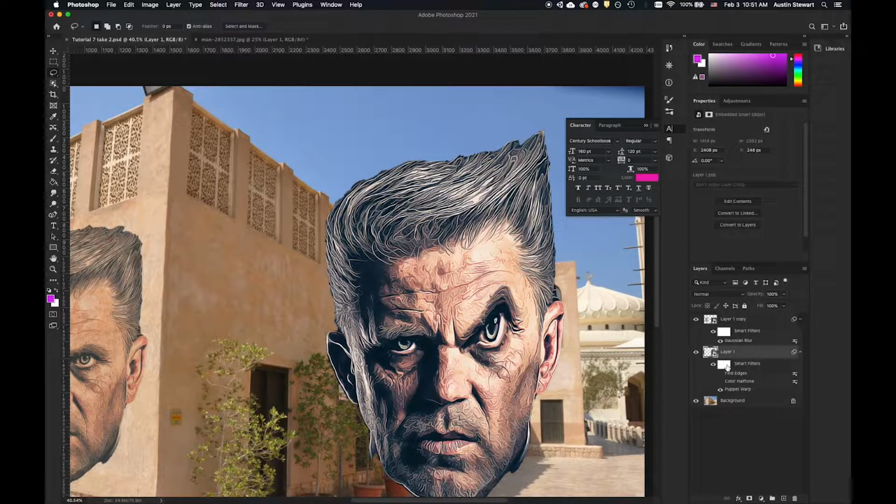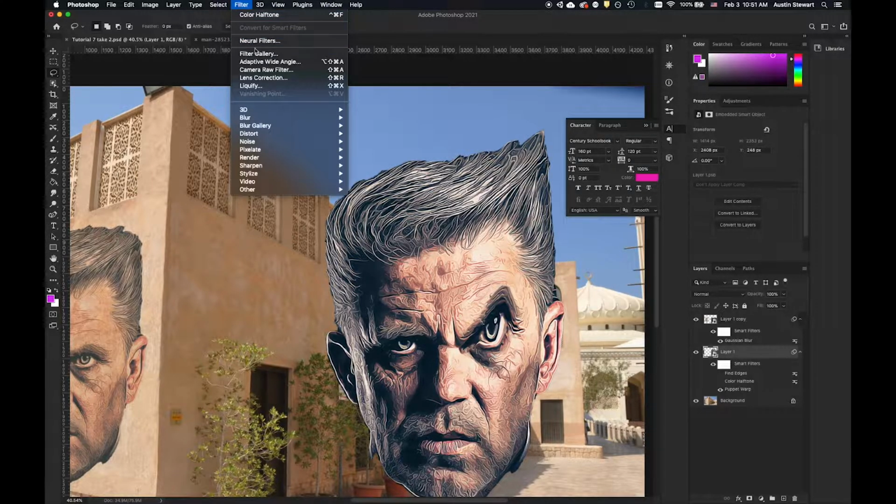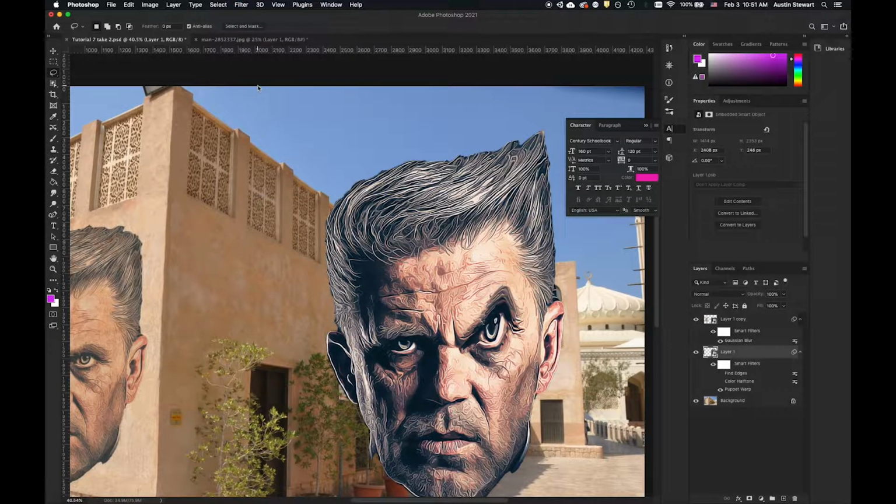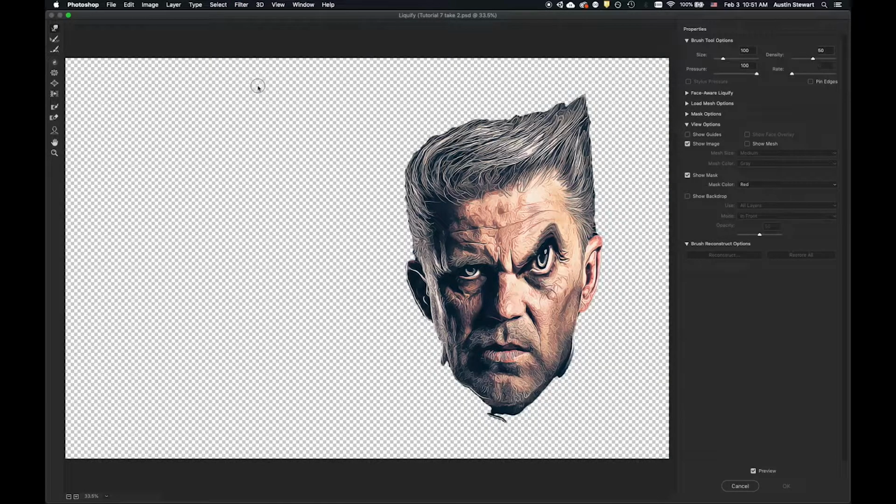So this was not going to work, but this should hopefully work better. Let's go ahead and see if we go to Filter and we go down to Liquify. We did not get that issue, and now I can actually see the image. Now, Liquify